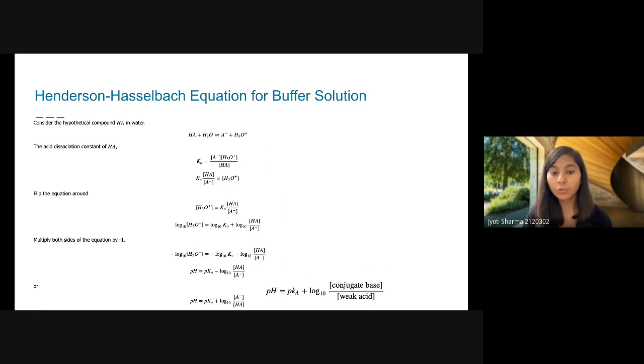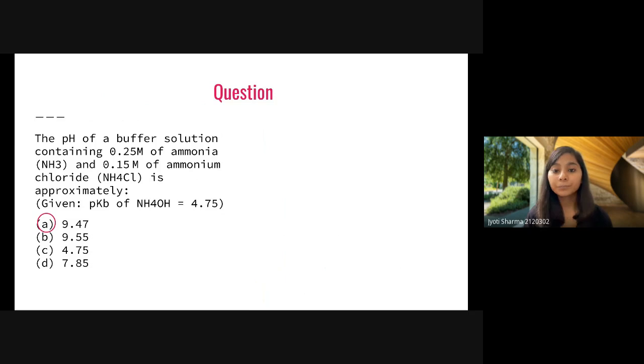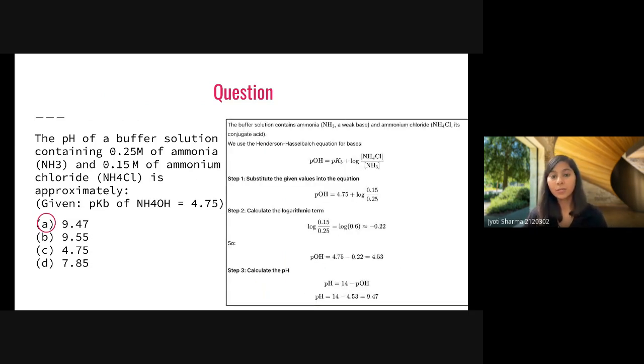Let me go to the question again. This was the question and this was the solution. First we will calculate pOH, and this pOH will be pKb plus log of salt concentration over base concentration. pKb is already given, that is 4.75, and the concentrations are already given. So this is how you can calculate the value of pOH, right? And you know that pH plus pOH is equal to 14, so based on that you can calculate the value of pH. So pH will be 14 minus pOH, and the pOH we calculated is 4.53, and this is how you get the solution,